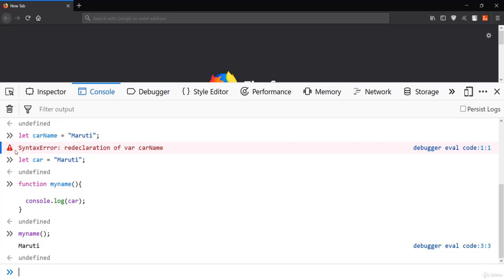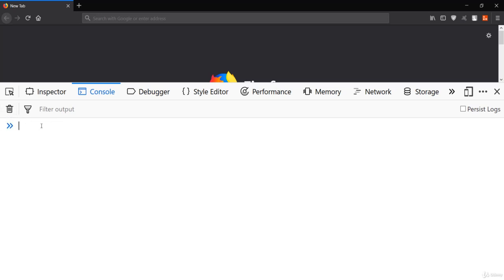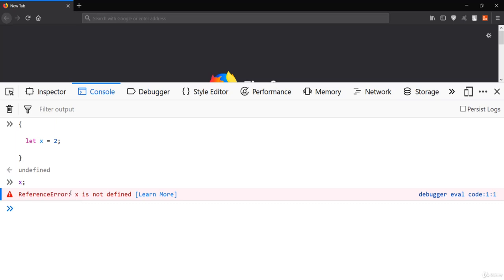But now let's do something different: let me create our own block and show you something. When I say let x equals 2, creating this variable, and hit enter, it says undefined as usual. But when I say x, you could see x is not defined.